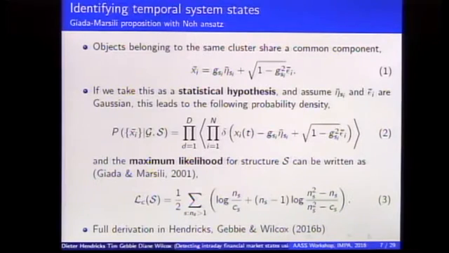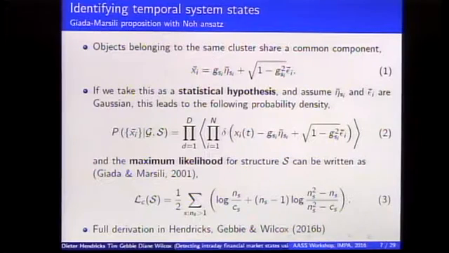With this coupling factor, the weight in terms of the proportion from the cluster is governed by G, and the proportion specific to the object is governed by, obviously, the square root of 1 minus G. If we take this as a hypothesis, and we assume that the eta, the cluster innovations, and the epsilon_i, the object-specific innovations, are Gaussian, we can derive a probability density function given a particular G and S, where S is a candidate structure